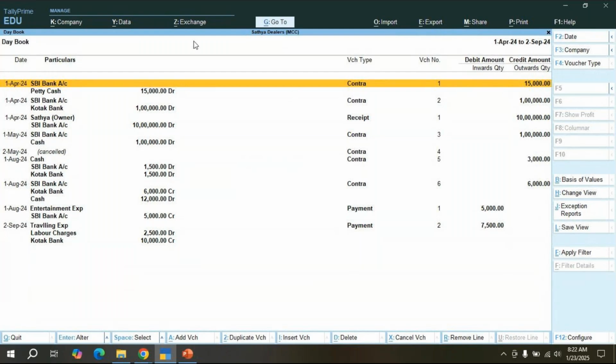Now in this Day Book screen, I want to display only the payment voucher or only the contra. If I want to see that, here we see 5 contra vouchers, 1 receipt voucher, 2 payment vouchers, and the whole list of entries is displayed. But I don't want it like that. I want to export only the contra vouchers as a PDF, or export to another person, an auditor or accountant. I want to take only the contra reports. For that, in the Day Book screen, press